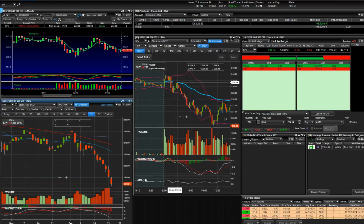Okay, I had a feeling that the SPY, we got a nice pop out of the open, right? And I'm thinking, man, did I miss this thing? And then sure enough, the sellers came in. Here's the 1-minute chart. Just sold, bounce, sold, bounce, sold, bounce, sold harder, and then all the way up here to VWAP. And this is kind of the difference maker. This was kind of signaling to me, because